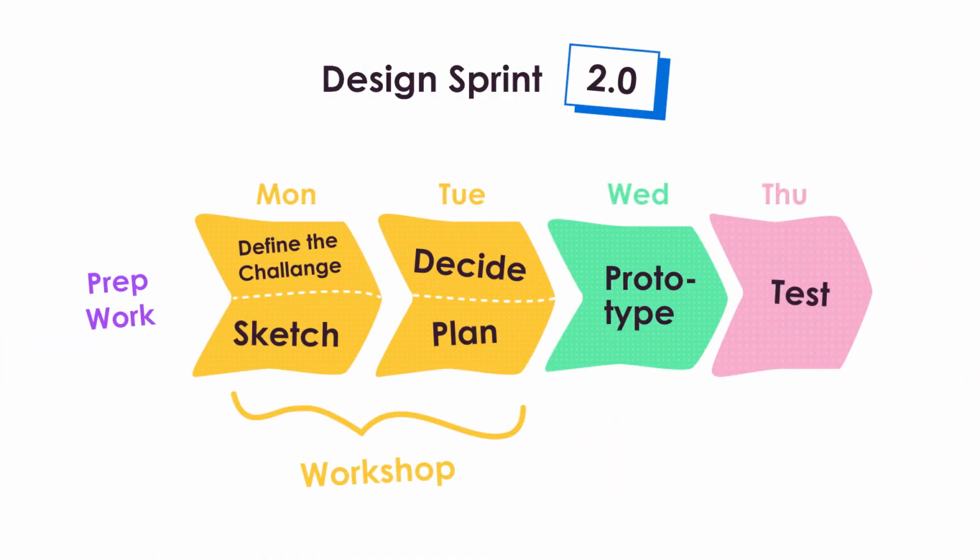Through the years, the sprint has evolved and fine-tuned. One of the big changes was the realization that in many organizations, it's difficult to allocate 3 days with all key stakeholders. The way we practice the sprint when we do it in person is to do some more preparation work so we are able to do the full cycle in only 4 days, in which 2 are workshop days. So now, as you can see, the first day is dedicated to defining the challenge and creating solutions, and the second day is dedicated to curating and deciding on a concept and then planning the prototype.